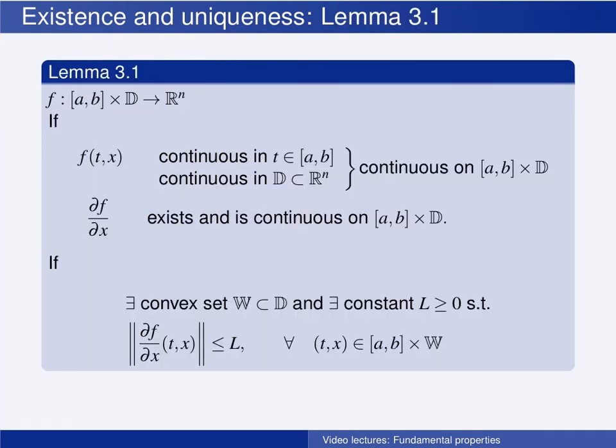We have seen that for time-invariant scalar systems, the Lipschitz condition is related to the slope of the function. This observation can be generalized to time-varying vector-valued functions, and this is done in Lemma 3.1. Consider a vector-valued function f that maps the time in an interval from a to b and the state in a domain D to an n-dimensional vector. If the function is continuous on this time interval and the domain D, meaning that it is continuous in time on this interval from a to b, and continuous in state on the domain D,